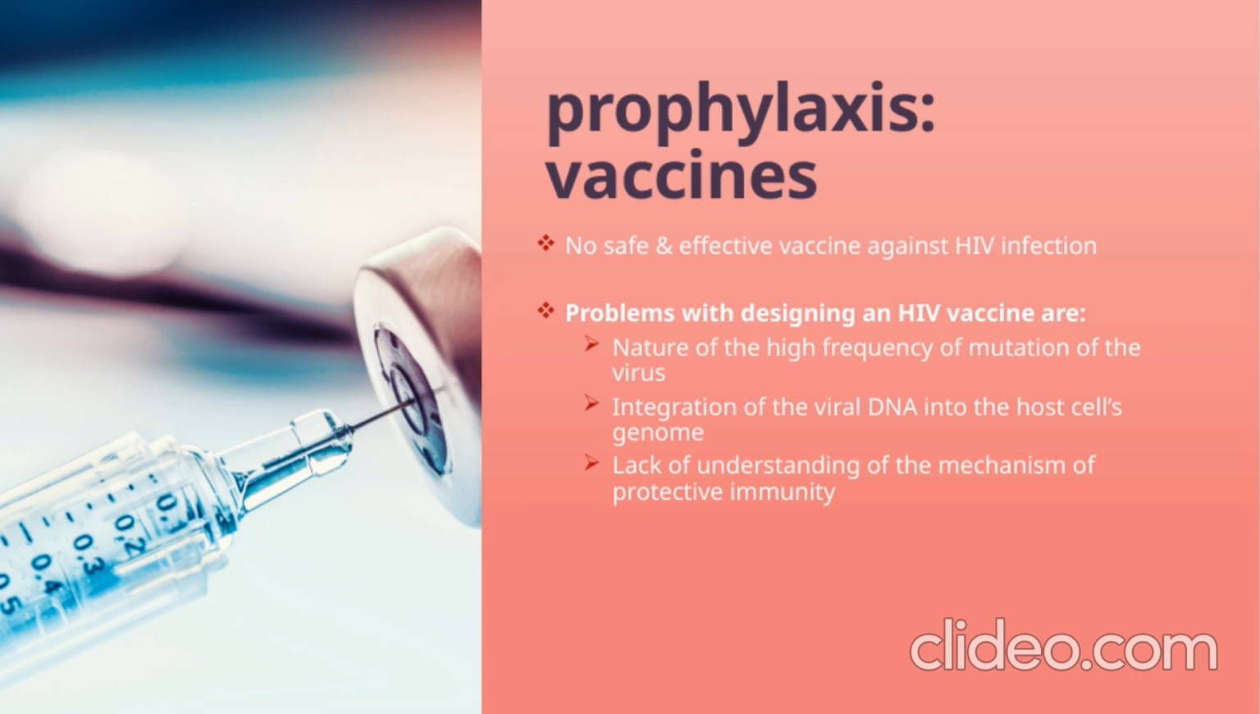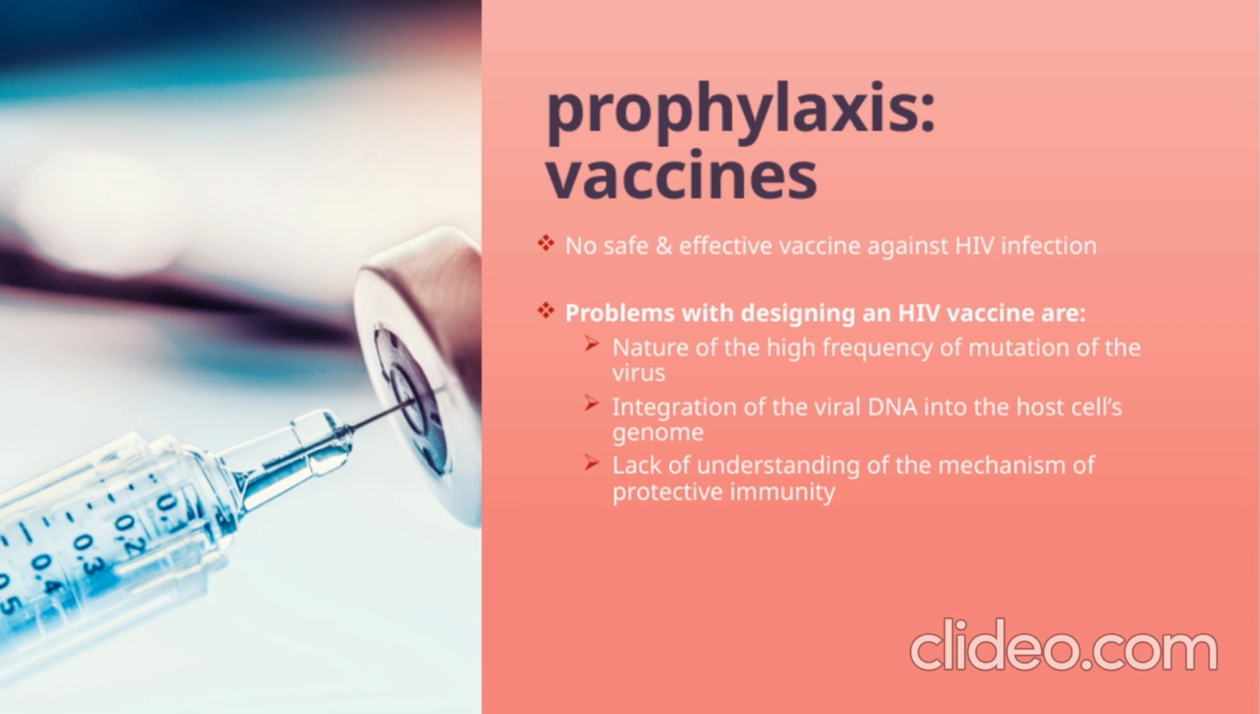This integration allows the virus to hide within our cells, making it harder for vaccines to target and eliminate it effectively. Additionally, we still lack a complete understanding of how protective immunity against HIV works. Without knowing the precise immune responses needed to prevent infection, designing an effective vaccine becomes even more complex. So, when we talk about prophylaxis or preventive measures like vaccines, these challenges highlight why HIV remains such a tough target. Developing a vaccine requires overcoming these biological hurdles, which is why, to date, we haven't yet achieved a safe